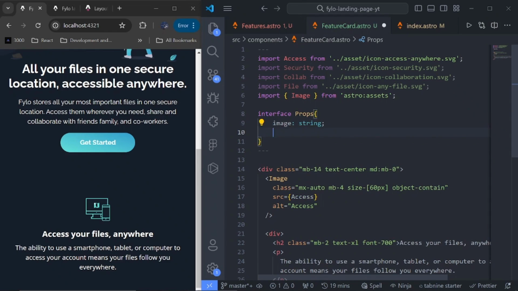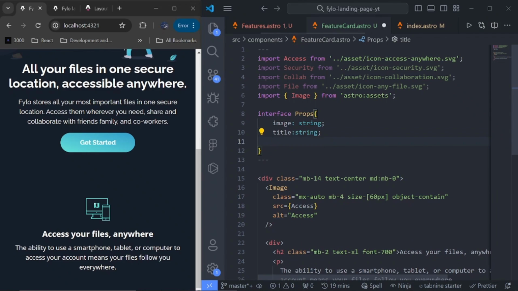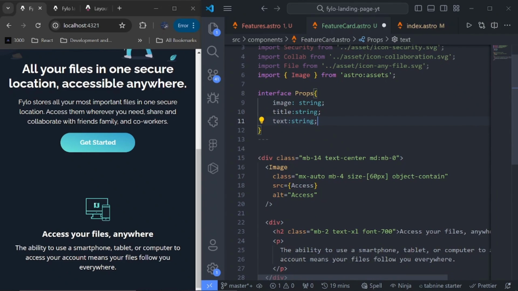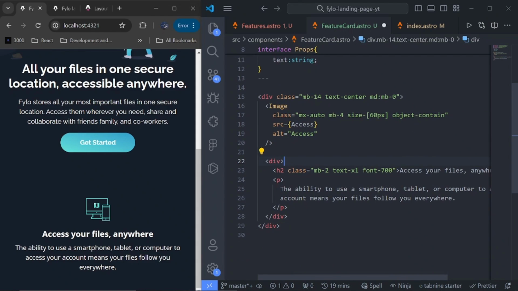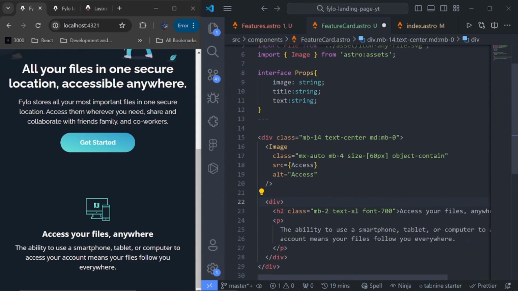Leave a string. Then the title should be a string as well. Then the text should also be a string as well. And the reason why we're doing this is because it's TypeScript, and if we just pass it directly, we're going to get some errors. So we will replace this source right here with the image,